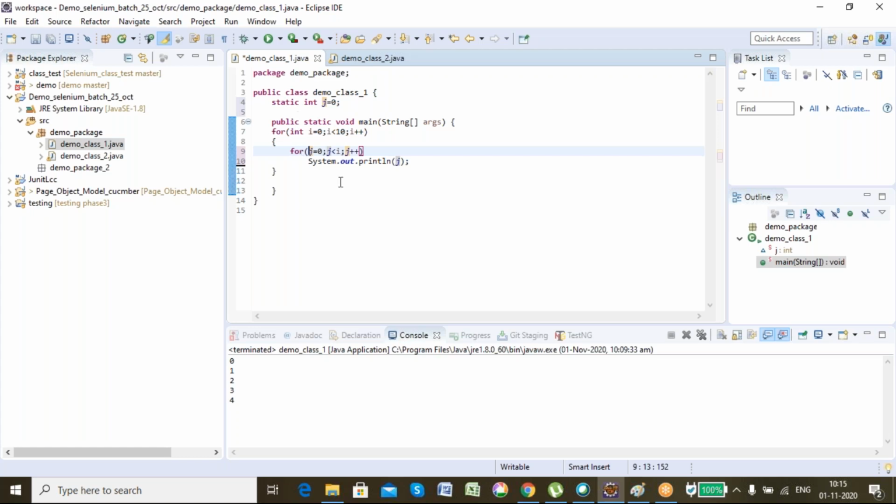Anyway, now see. Now you tell me, what will be the output of this? One particular question: if I define j in this for loop, then there is no need to use static. I told you, you can define j inside the for loop also. I can use it. This is one way. You go with your own way, whichever one you want.